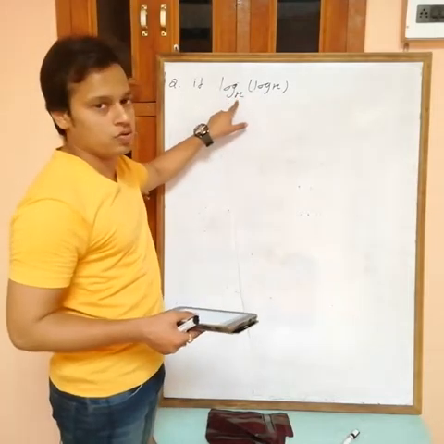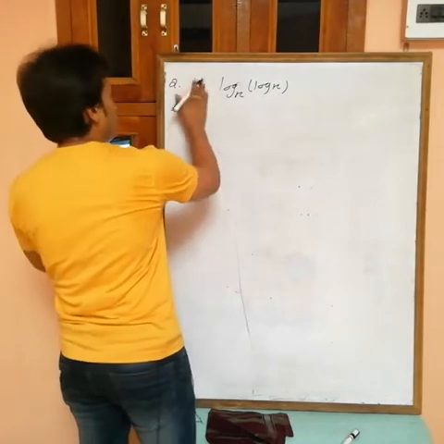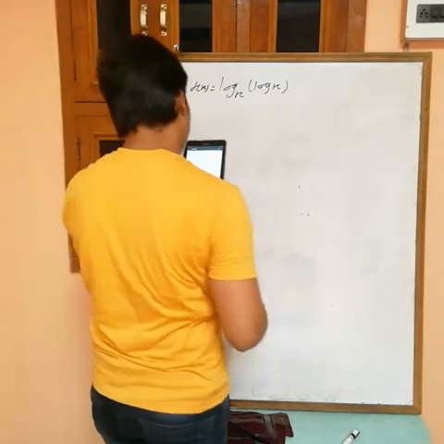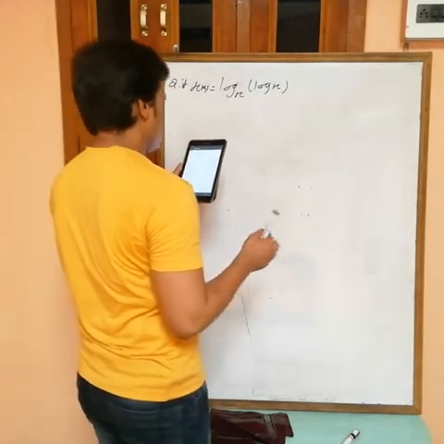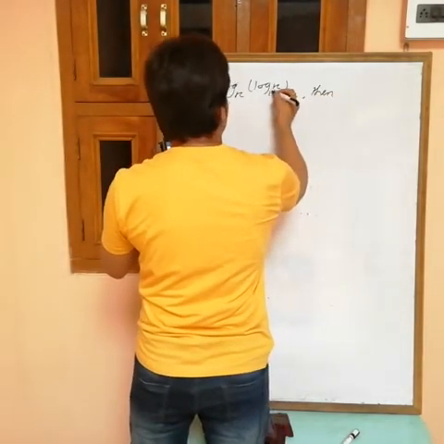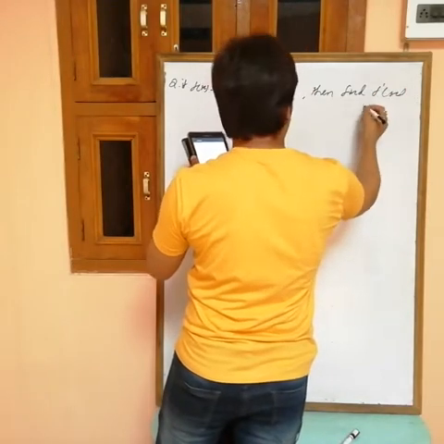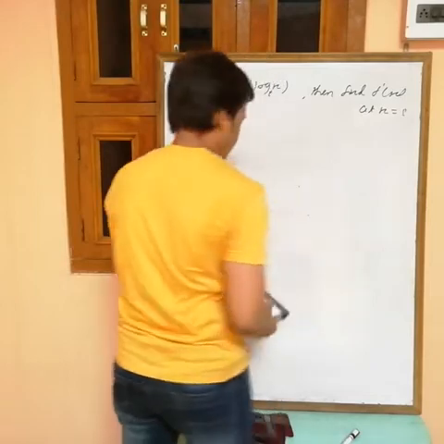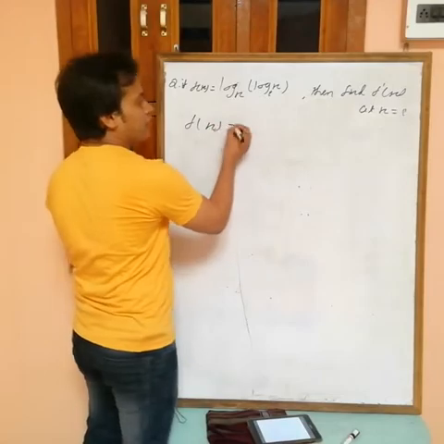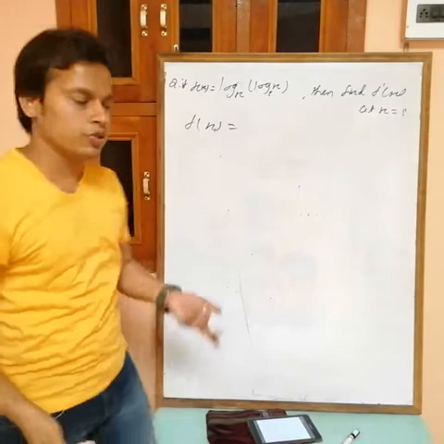Here the base is x. So if f(x) is equal to log of ex to the base x over ln x, or log x, then find f dash x at x equals e. Now f(x) is given and we want f dash x at x equals e, so simply we have to find f dash x and put x equals e. This is the meaning now.